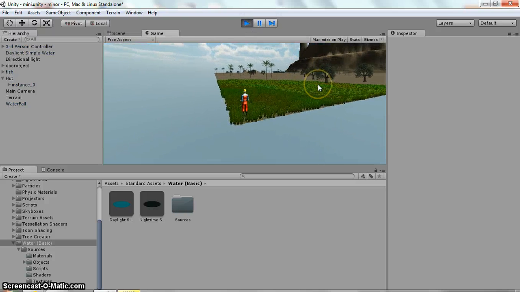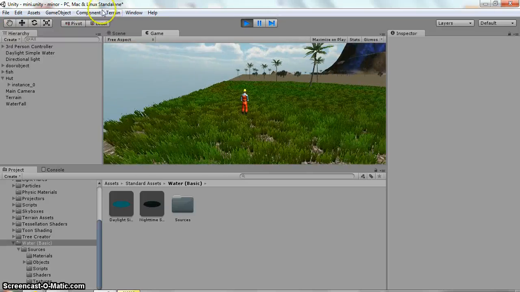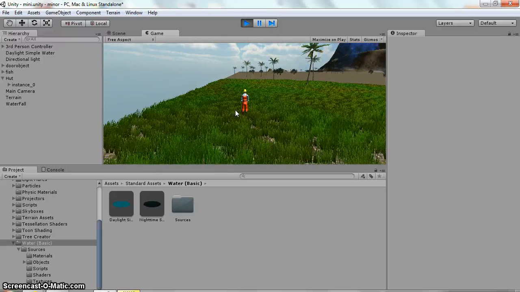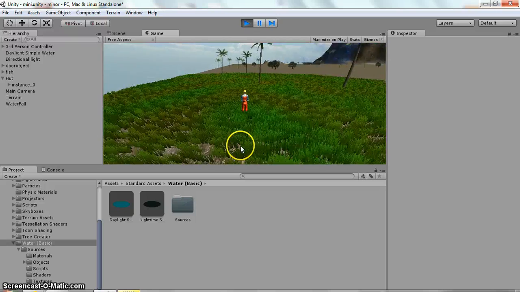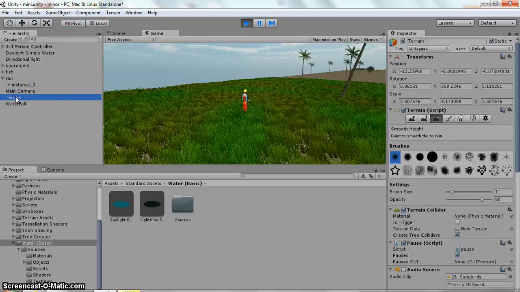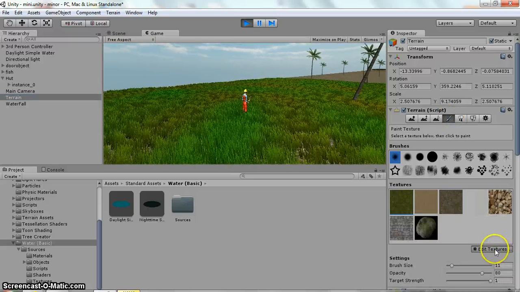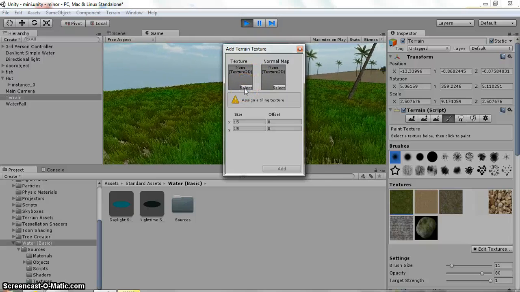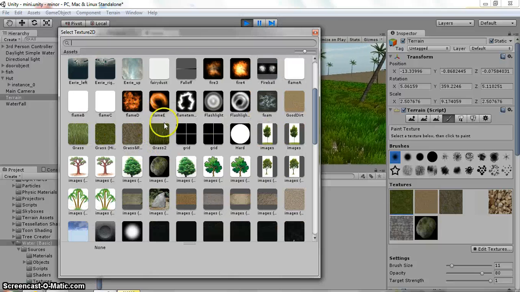The whole portion you are seeing is called terrain, which you can get by selecting terrain on the toolbar and then clicking on the create terrain option. Now, when character moves forward, it sees grasses on the island floor, which is the grass texture, and you can easily get it from here. Now, get it by selecting brush icon, then edit texture, add texture, then pop-up will appear and you select the select button and then you select the desired grass option.